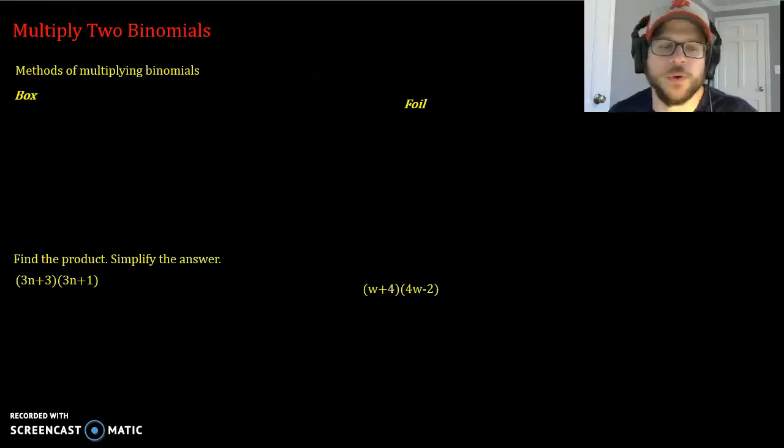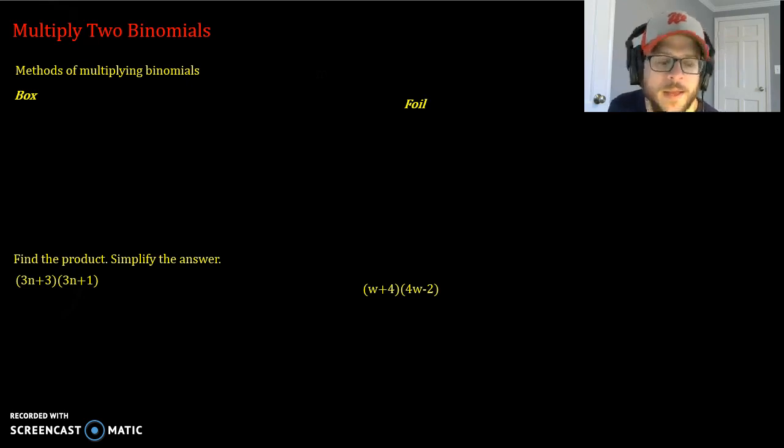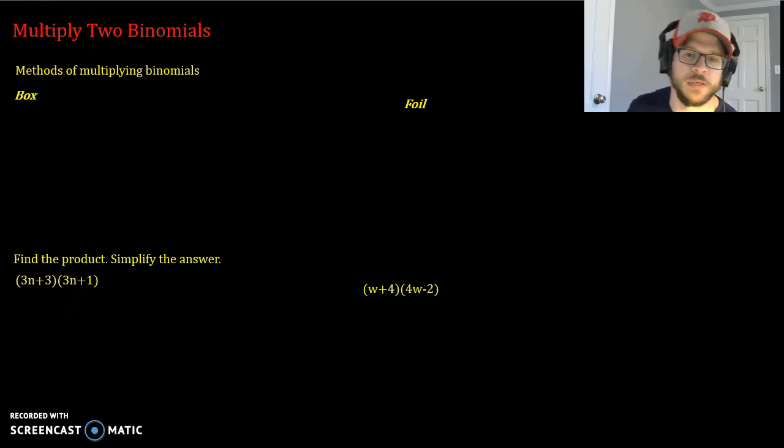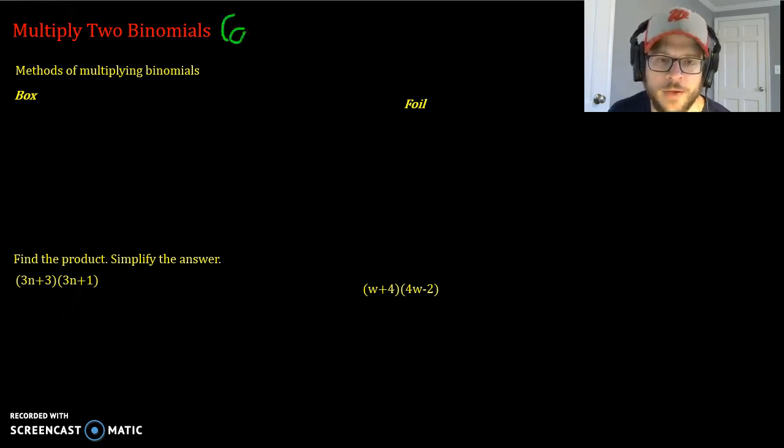Alright, in this tutorial we're going to be multiplying two binomials together. Now, binomials are types of polynomials that specifically have two terms within them. And essentially when you're multiplying binomials, you are using kind of an advanced method of distribution by multiplying two terms together. So when you're multiplying binomials, you have, let's say, an a plus b in your first one, and